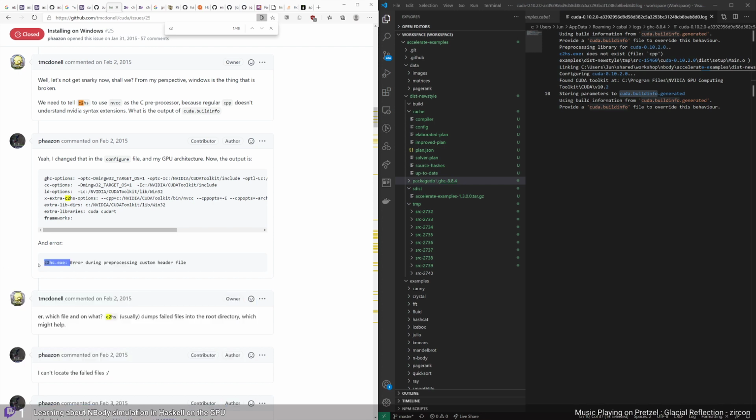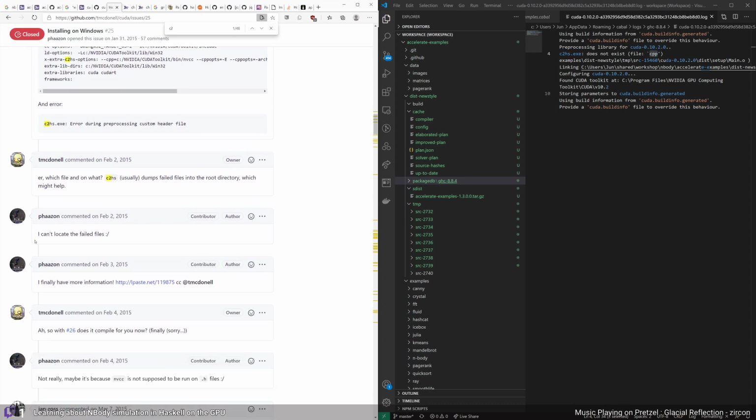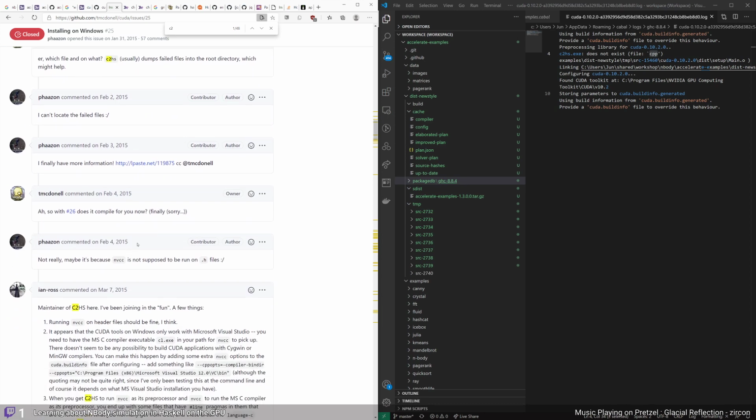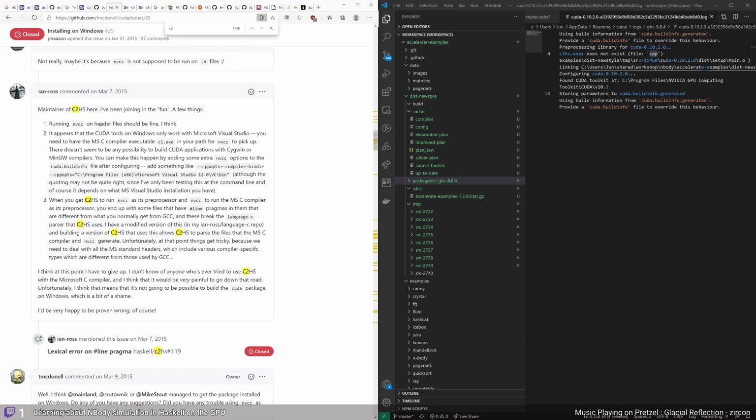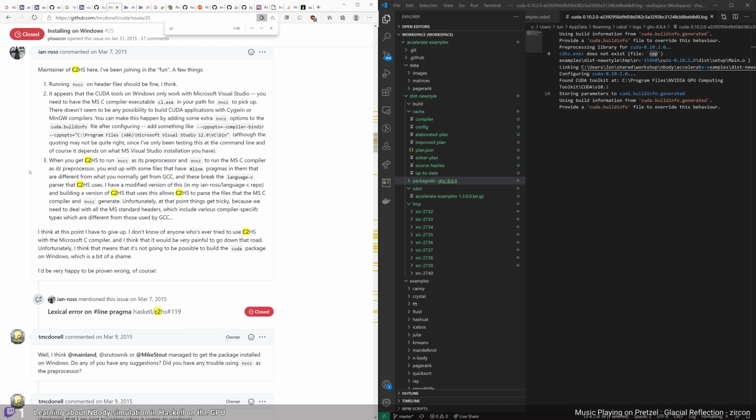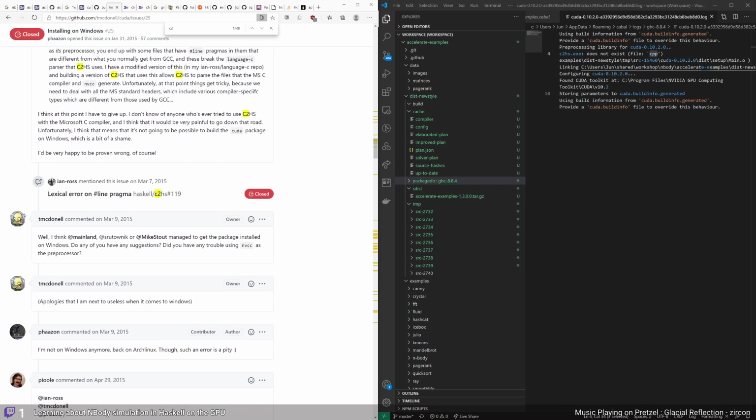And you know, when I look at this, it kind of leans toward the idea that C2HS is telling us that. And it's trying to find a CPP file, which feels weird. Can't look at the failed files. Maintainer of C2HS. And VCC on the header files should be fine. When you get C2HS to run in VCC as a preprocessor,